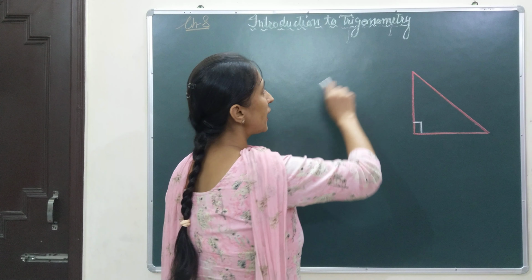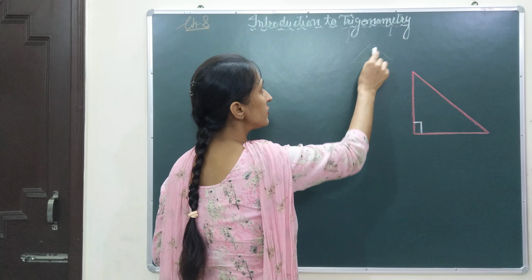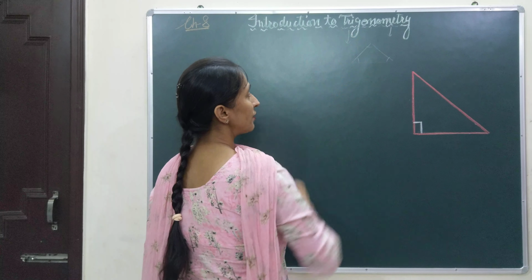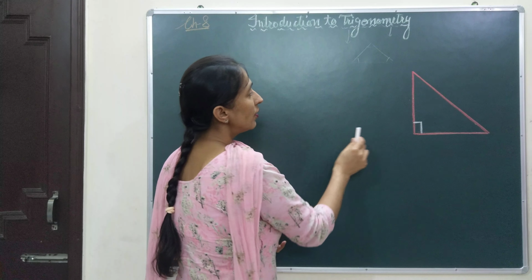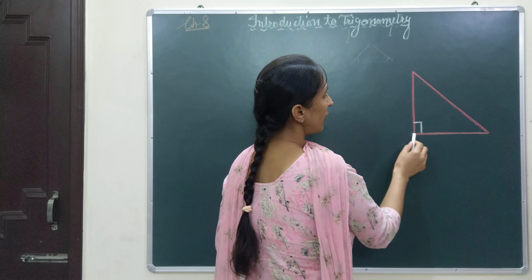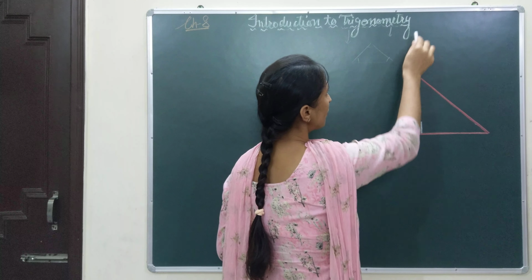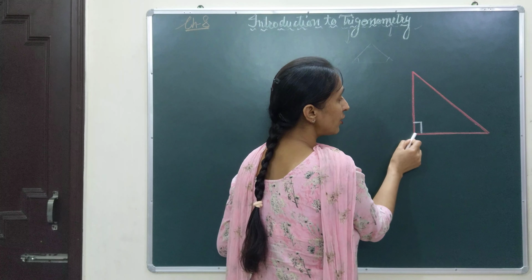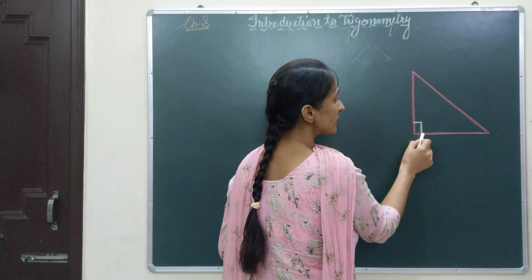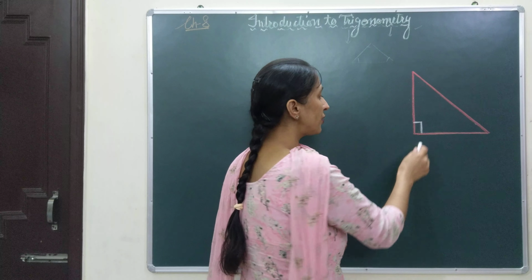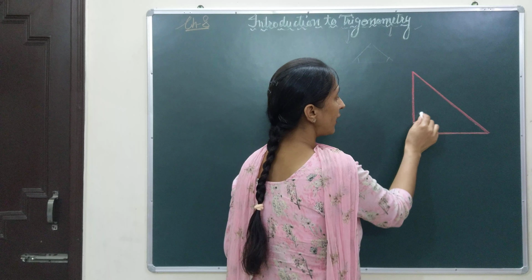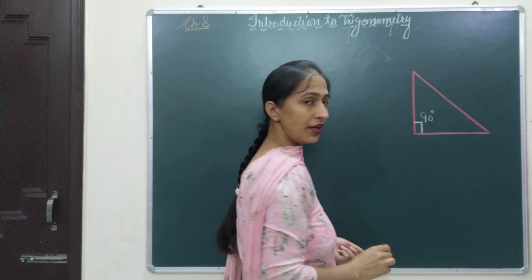All sides of a triangle can be measured and all angles in the triangle can also be measured using these trigonometric formulas. Now, the first thing that should be kept in mind is that when you are using trigonometric ratios or angles or sides, the triangle that you are taking here is always a right angle triangle. Now, what is the meaning of right angle triangle? Right angle triangle means one in which one angle is a 90-degree angle.